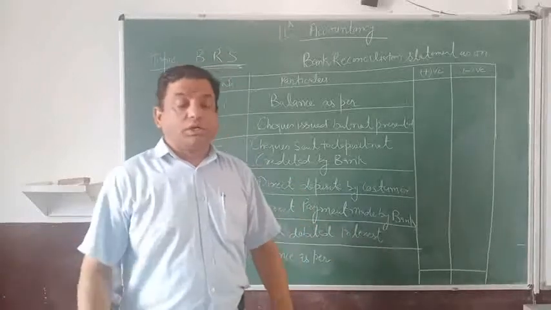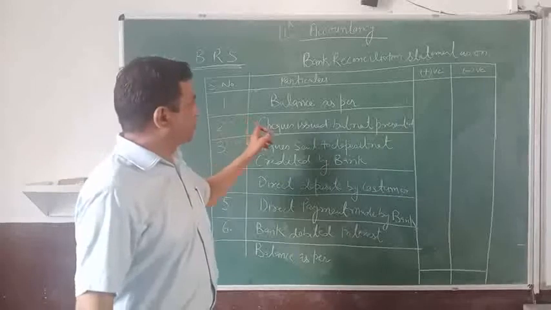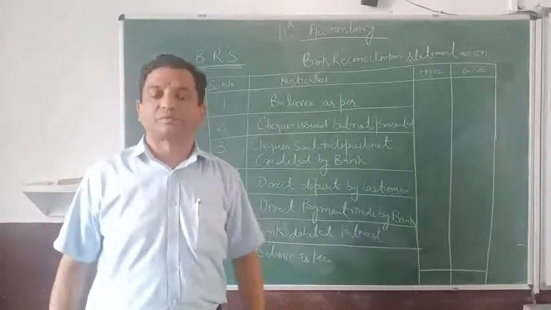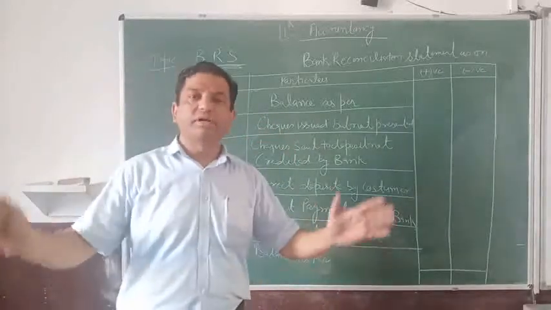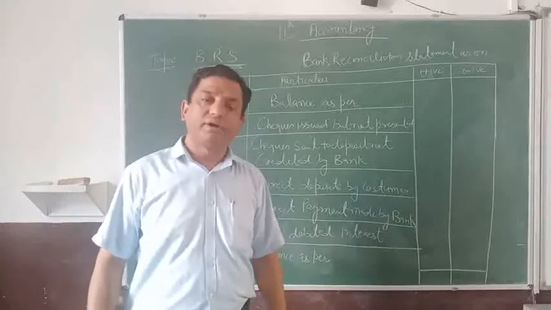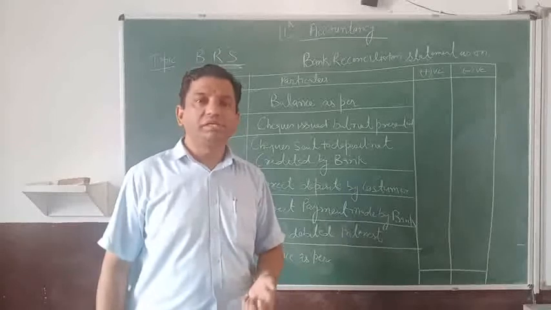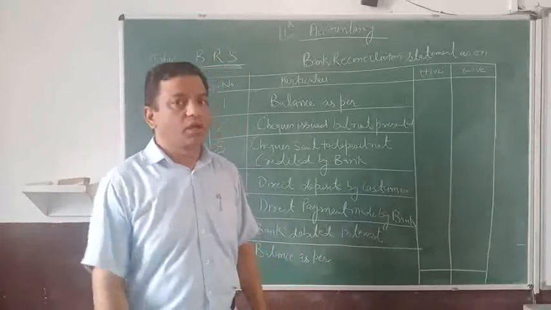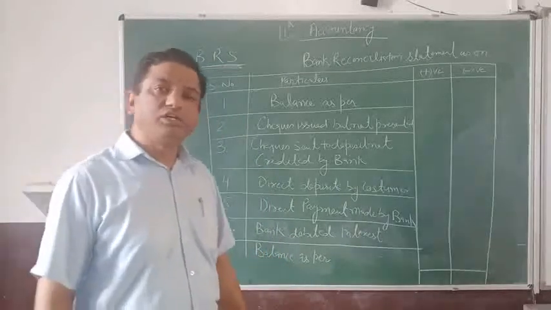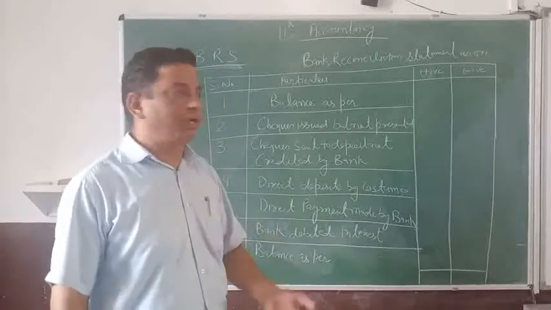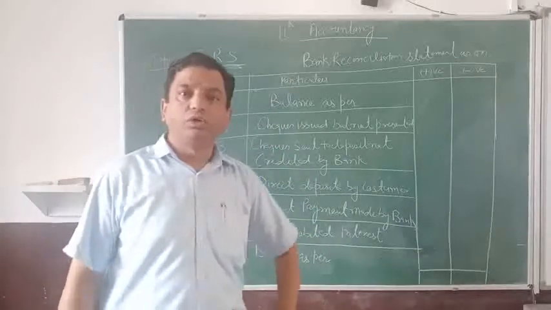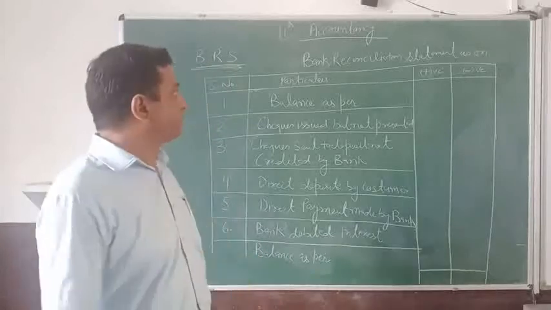Means if the balance of cash book and the balance of passbook are showing different balances, then how practically we can reconcile these two balances, and how we can practically do the sum of